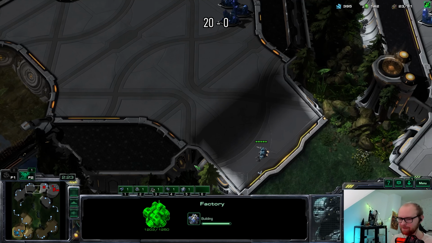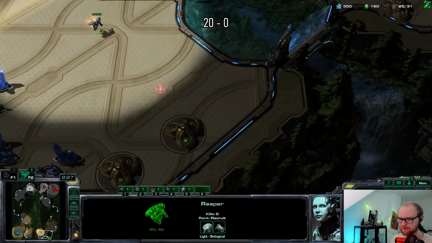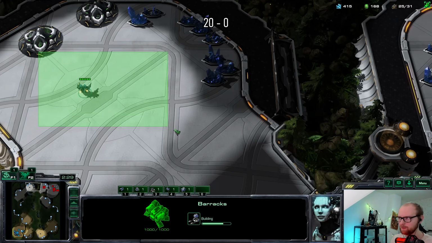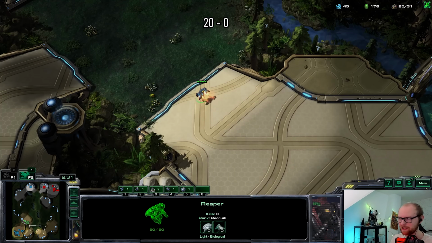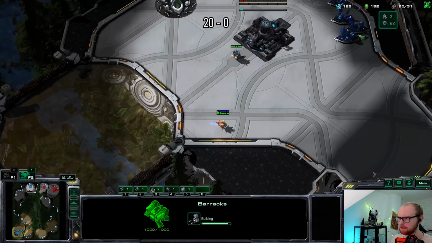I want to make it safe. Ideally, I don't make it too close, but I think I kind of have to make it very close. So I'll just make it here. Proxy gate would be pretty scary, because I made a reactor first, and I don't have any units out right now. And the main reason I think...